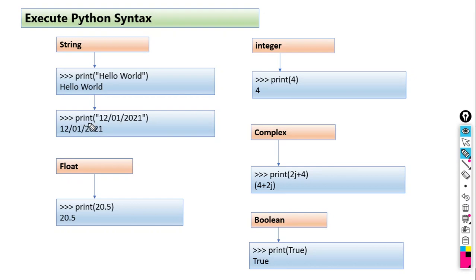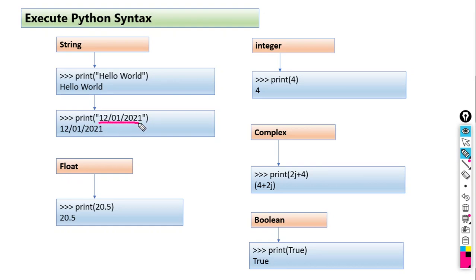So the print statement is there, opening bracket is there, quotation mark is there, and what text do we want to print? Date. So first day, then forward slash, then month, then forward slash, and then year. Whatever format you want to print, you can write that format here.